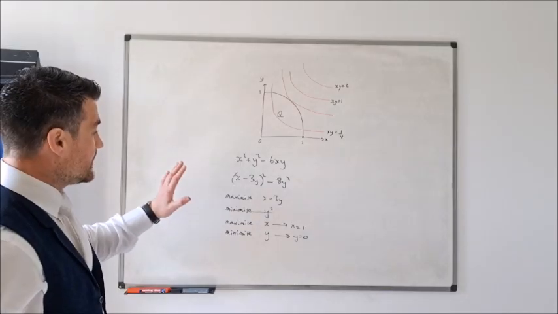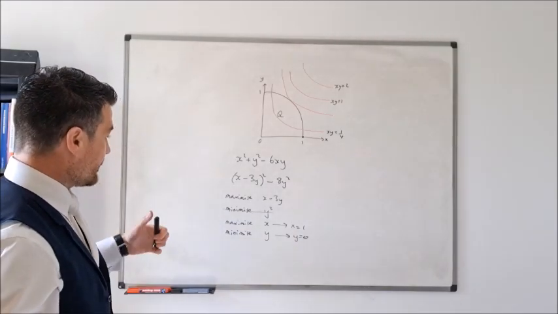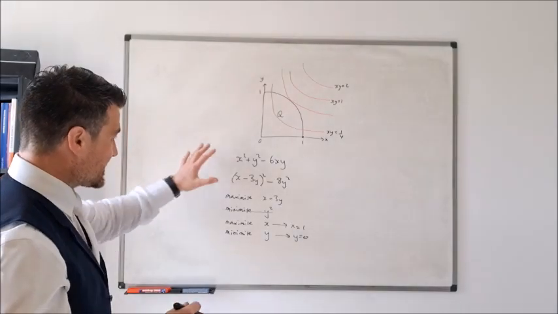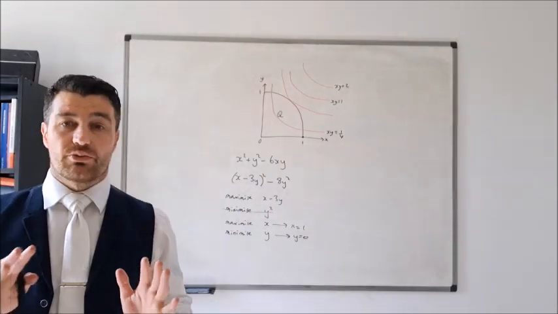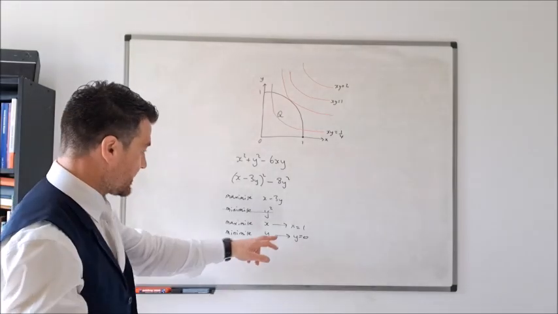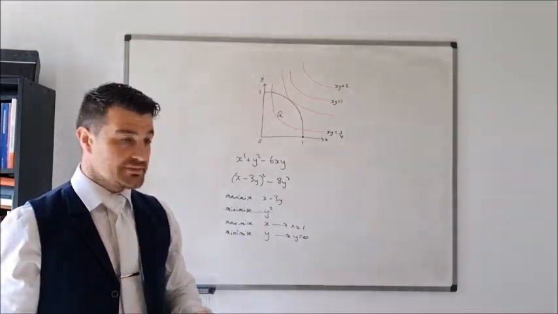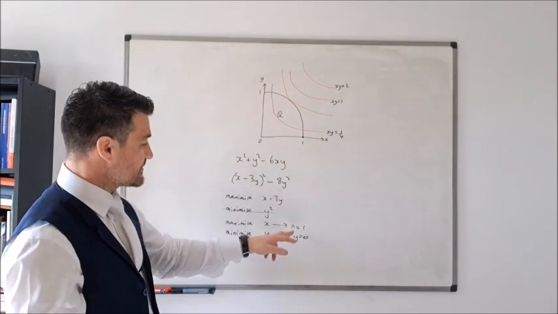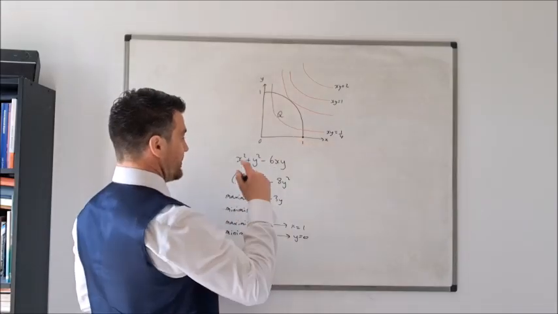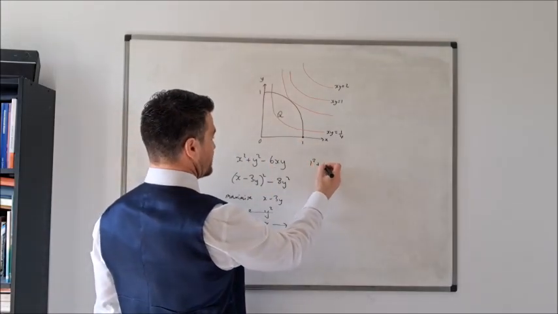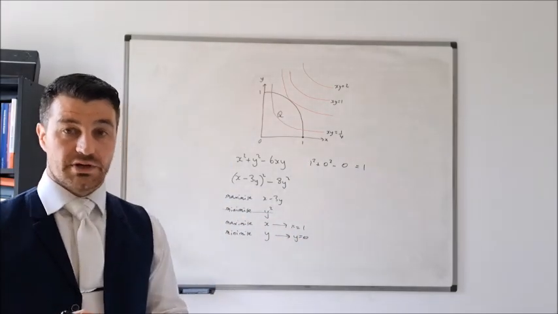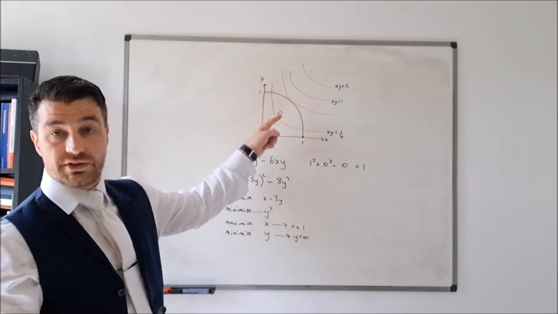Okay, so I'm trying to think now. That means that the maximum value of this is going to occur. By the way, the points where the maximum occurs is not necessarily unique. We'll see that in a second. One possible point that I can choose that is going to maximize this expression is going to be when x equals 1 and y equals 0. That's here. And at that point, I'll get 1 squared plus 0 squared minus 0 is going to be equal to 1. That's the maximum value of this expression on Q.